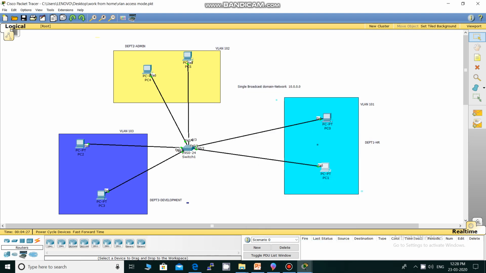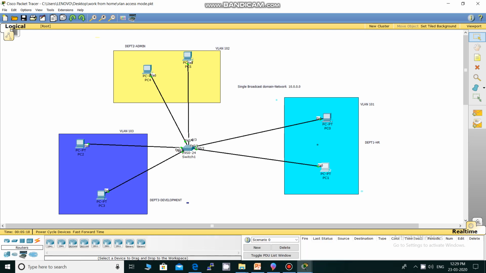But it's not a good practice when we configure this network in a particular organization or company, because a company has different departments, and the data in one department should not communicate with another department. The data is very confidential, that's why we need to maintain security. So here VLAN is required, or we need to create groups of machines that are connected to a switch.